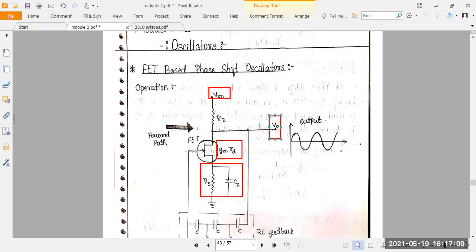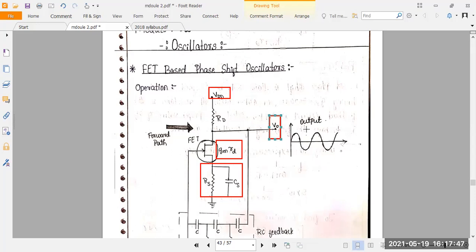From the drain we can take the output voltage. That is AC. At the drain, the supply is DC, but the output voltage is AC. So we are converting DC voltage to AC voltage, because on the drain side there is a power supply of 5 or 10 volts DC, but on the output side we get a sine waveform, with positive cycle, negative cycle, positive cycle, negative cycle. Understood? So an oscillator converts DC supply to AC supply.